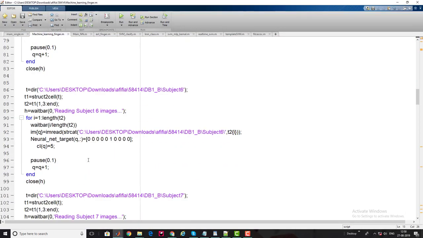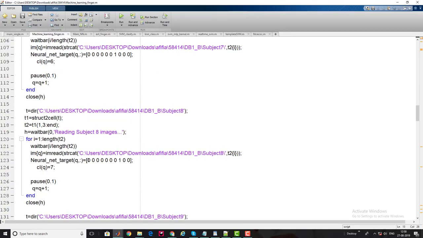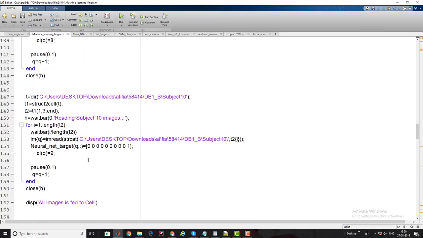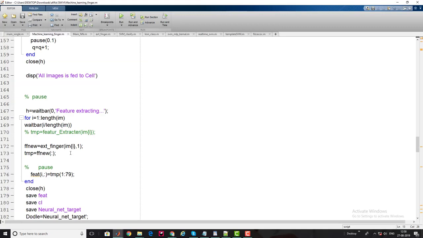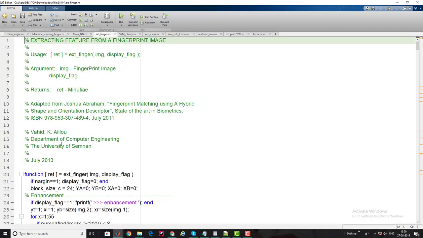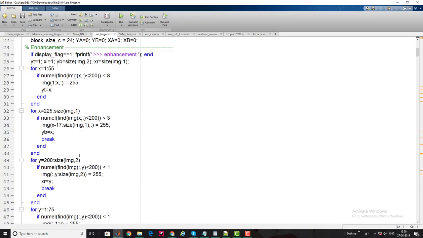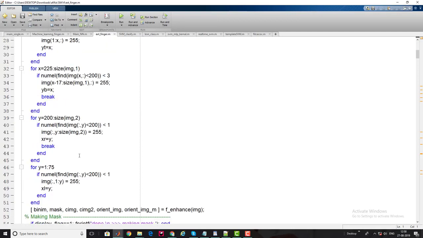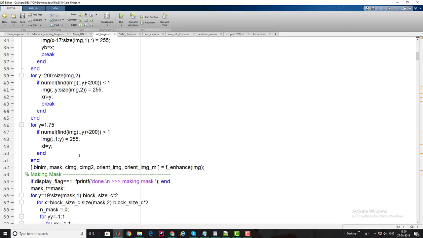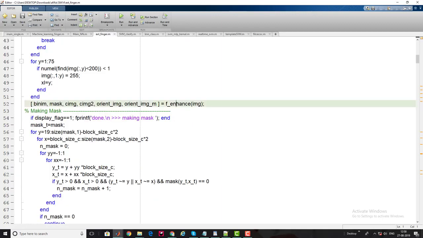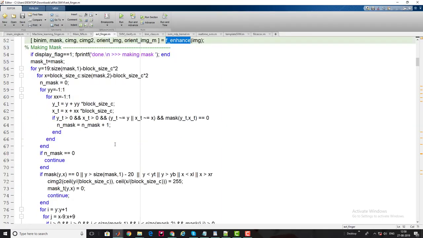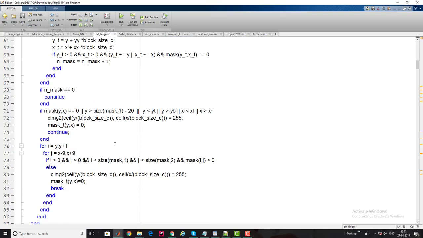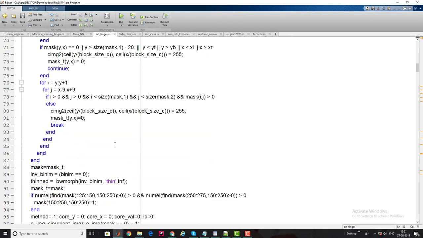For feature extraction, this part of the code I have explained in my first video on fingerprint recognition. I'm using the same feature extraction process. Let me give you a quick overview. In the feature extraction process, I am just mapping the coordinates of the images. Thereafter I use enhancement; for enhancement I have used the fuzzy enhancement method. Then I locate the minutia points after processing the skeleton images using a morphological operator here.